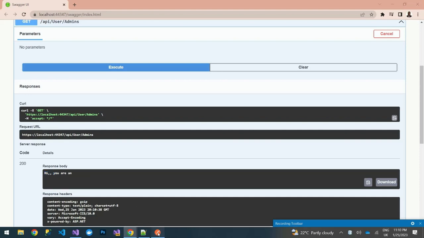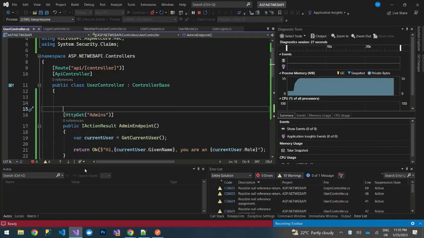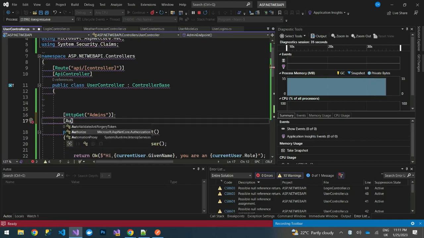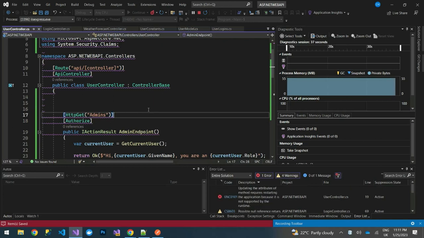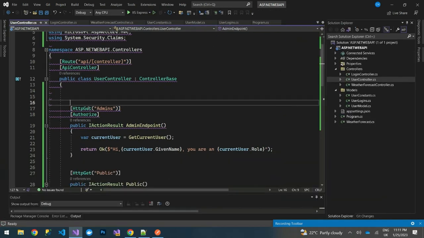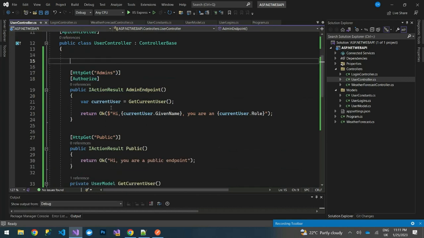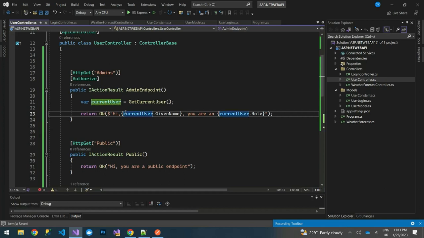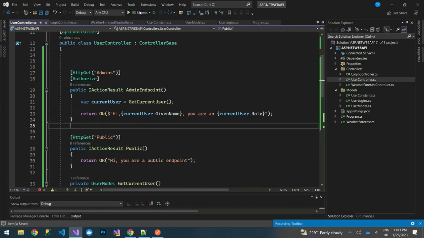So what we need to do is on our endpoint, we need to authorize. So we do this authorize. So we add this authorize notation so that the API validates all the requests. Then at this point, when we have the valid token, then it will actually get here and actually get the current user. So if we run that,